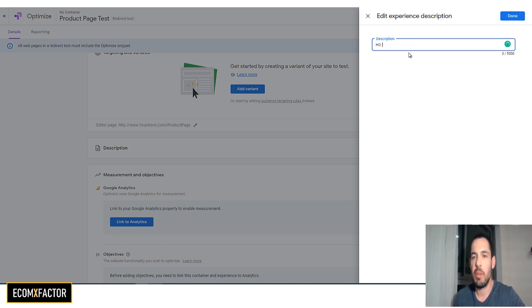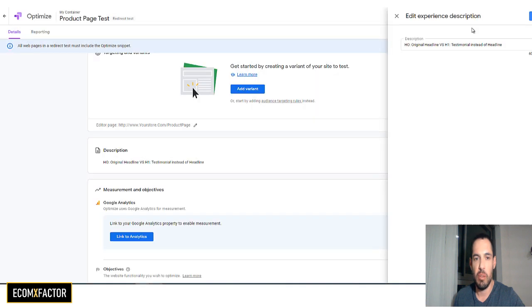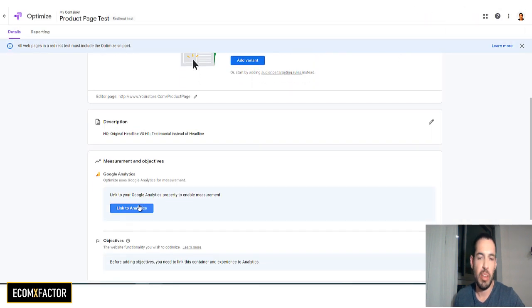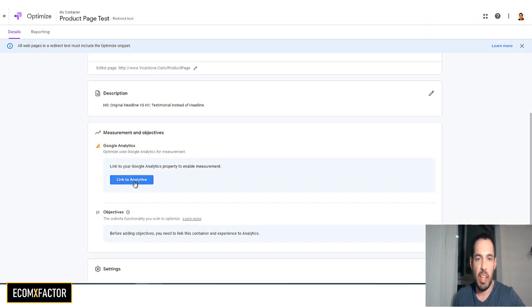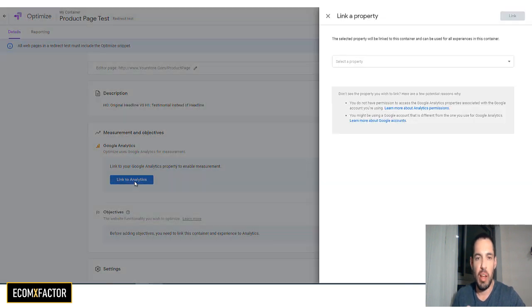Might not seem meaningful at the moment, but if you go back in 6 months time or 1 year and check out all the tests, because you want to see references to a new store or different type of verticals or something like that, it's good to have a description so you know exactly what you tested. And then obviously in this case, because it's a new account, you'll have to also connect to Google Analytics.